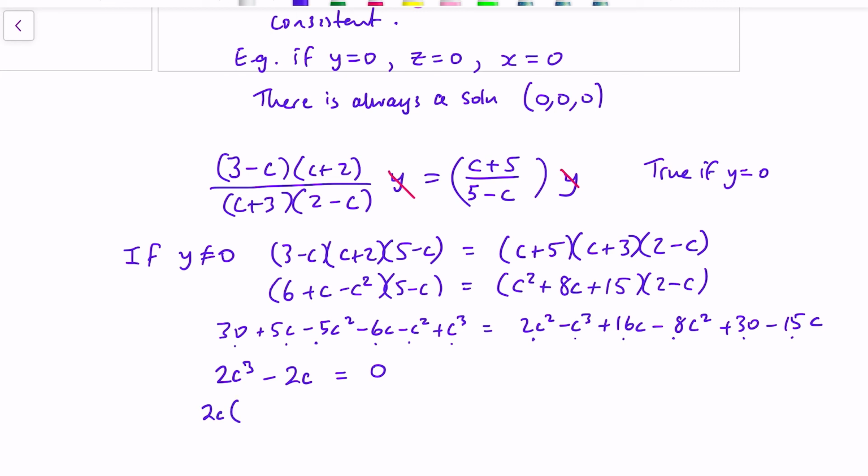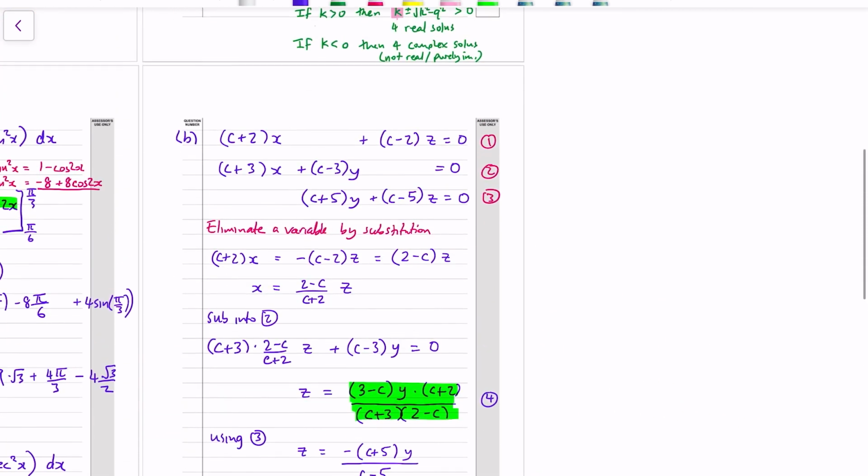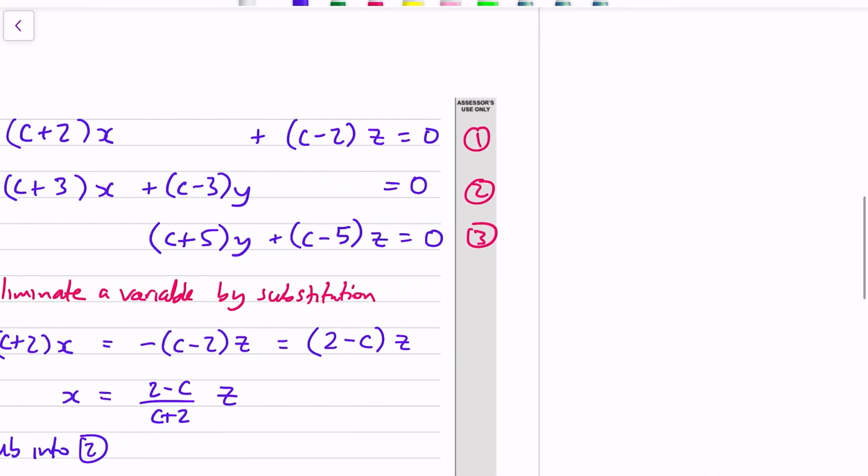Factor out the 2c. If c is equal to 0, c is equal to 1, or c is equal to negative 1, then this thing is satisfied. And what does that actually mean? Well, we can go back and check, because c equals 0 is quite an easy one to check. If we go back and make c equal to 0,